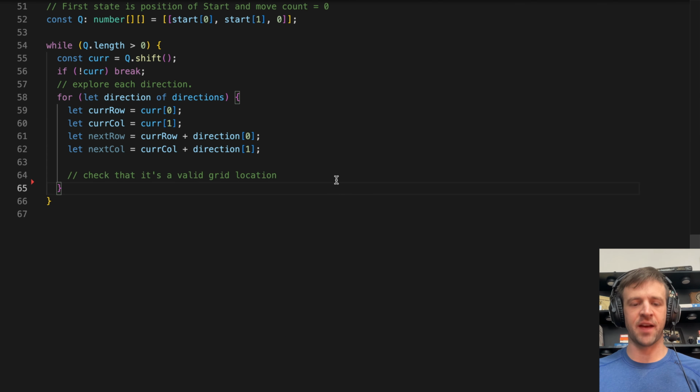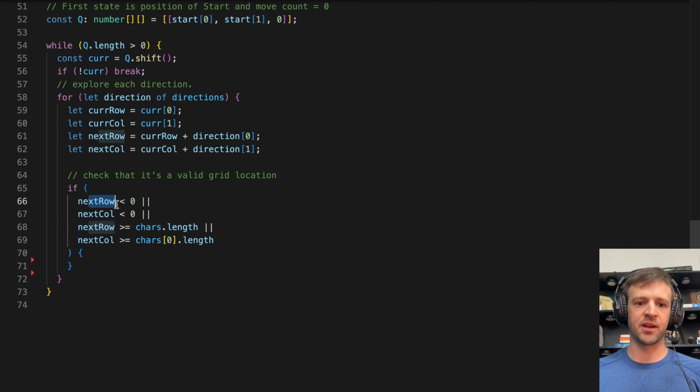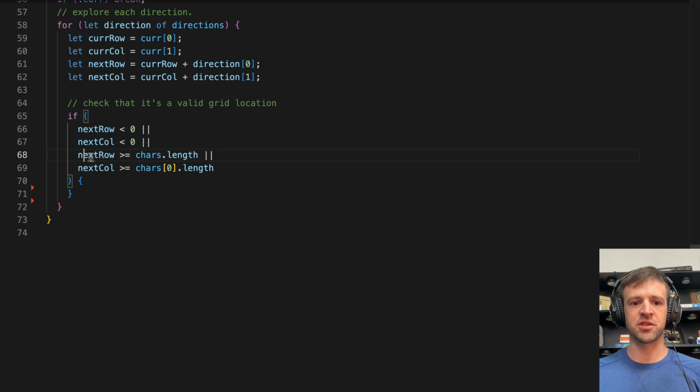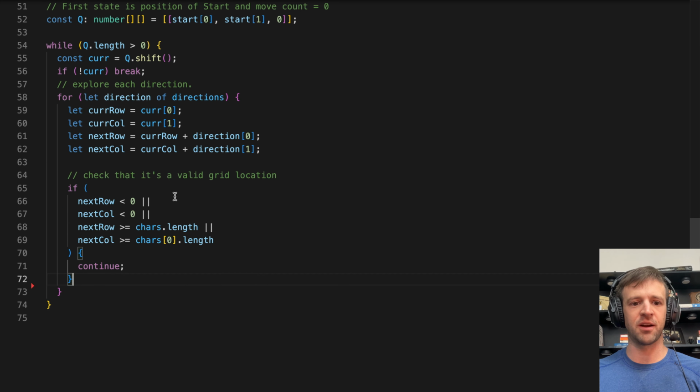Now we need to check that it's a valid grid location because we don't want to go off of our grid, right? So if next row is less than 0 or next col is less than 0, we know that we've fallen off the left side or the top of the grid. And then we also have to check if it's greater than or equal to chars.length, or next col is greater than or equal to chars[0].length. So off the right side in this case and off the bottom in this case. If any of those are true, we want to just continue. We don't want to do any logic